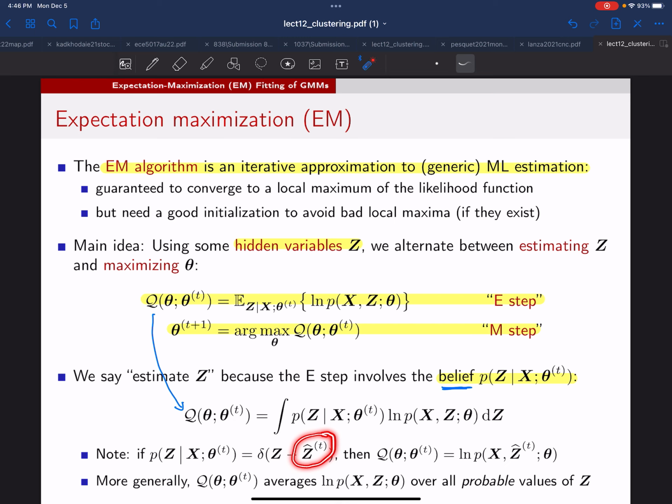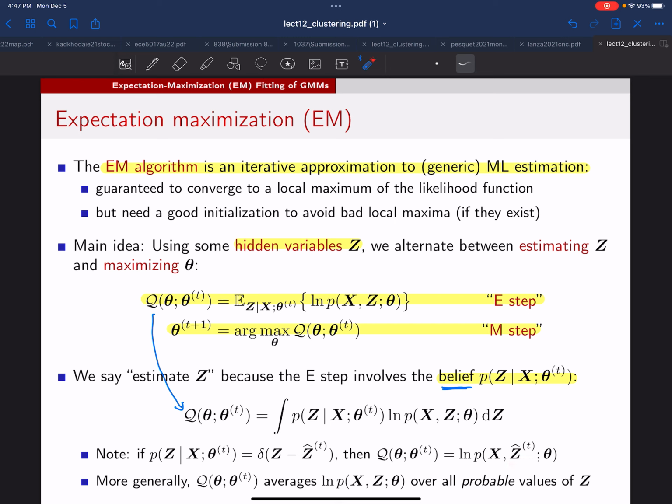It's just your guess of z at iteration t. So that would mean if you're completely confident that z is this, you would use a Dirac delta distribution, a spike that turns on when z is z hat t. So that could be one simple choice in here. And if you put this in here and carry out this integral, due to the sifting property, your Q function will be exactly this, just the log of the joint probability P evaluated at X and this Z